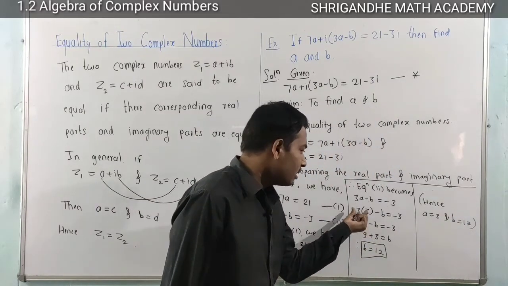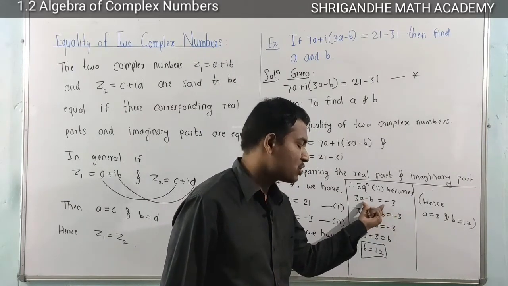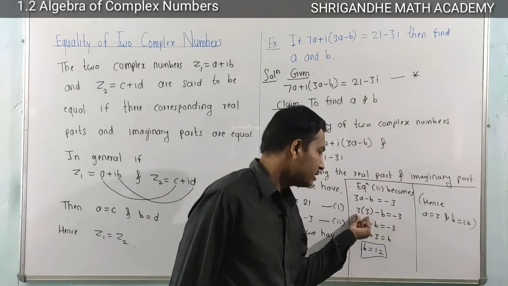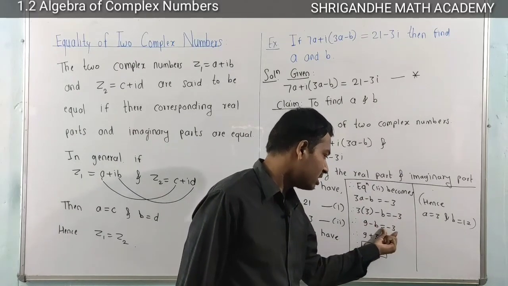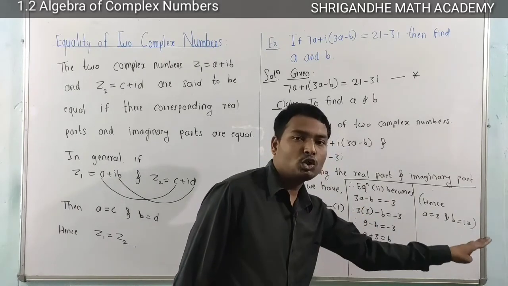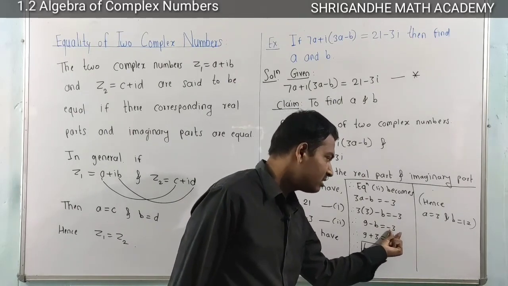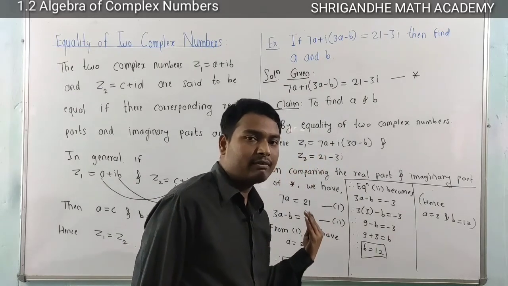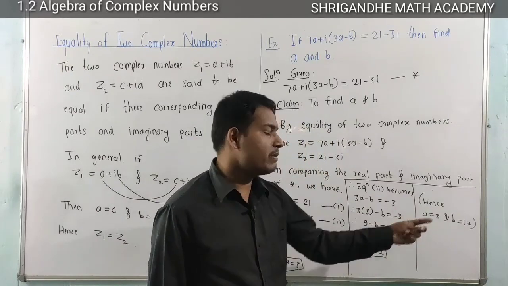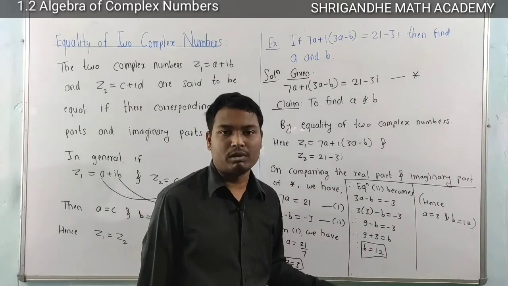Here we get 3a minus b equal to minus 3. Therefore we put the value of a equal to 3 in this equation to get the value of b. Therefore 3 into 3 minus b equal to minus 3. 3 3s are 9, minus b equal to minus 3. Therefore see, here is minus b on the left side. We take this minus b towards the right side, so minus b becomes plus b on the right side. And minus 3 on the right side, taking to the left side, it will be plus 3. Therefore 9 plus 3 equal to b, that is b equal to 12. Hence the value of a equal to 3 and the value of b equal to 12. This is the solution of this example. Thank you for watching the video.